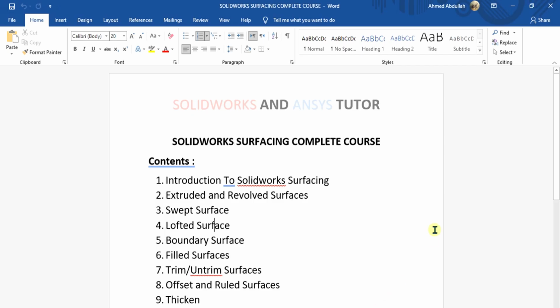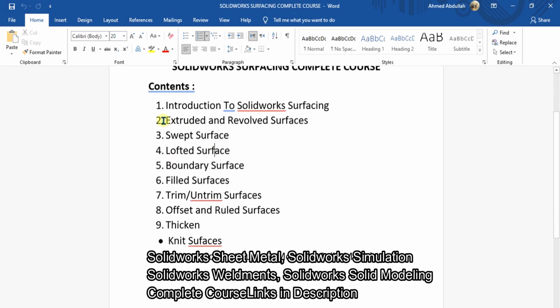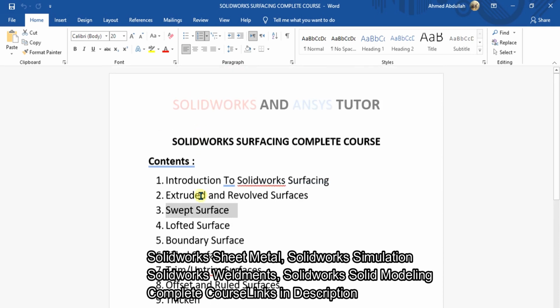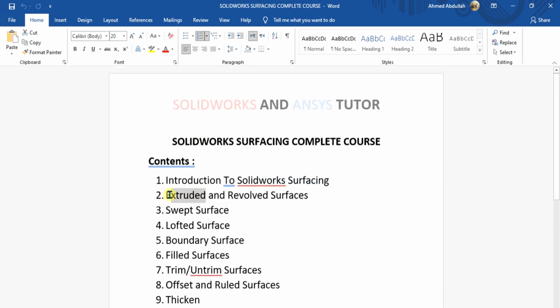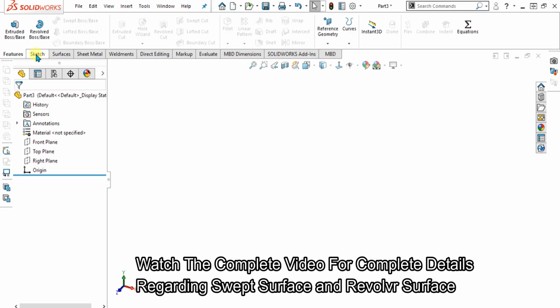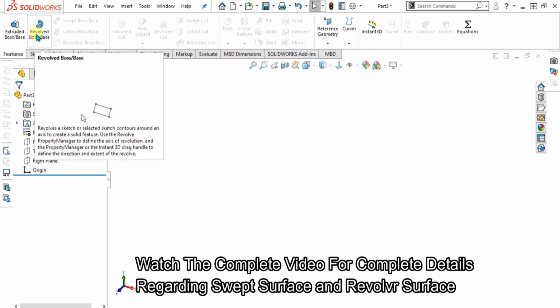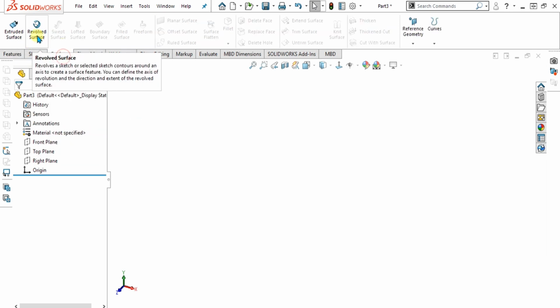In this SolidWorks surfacing tutorial, we are going to learn about the revolved surfaces and swept surfaces. In the previous tutorials, we have studied extruded surfaces in detail and the introduction to SolidWorks surfacing. So first of all, I will differentiate between the solid revolved boss base feature and the surface revolved boss base